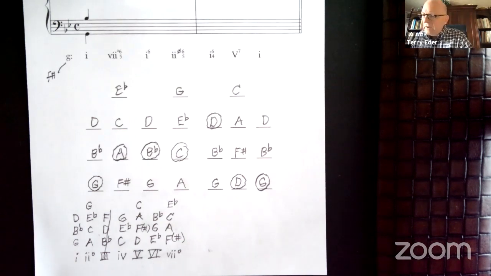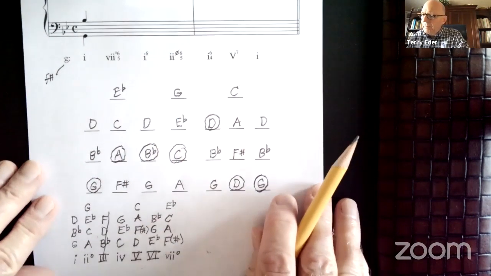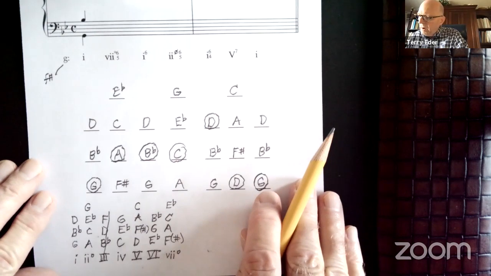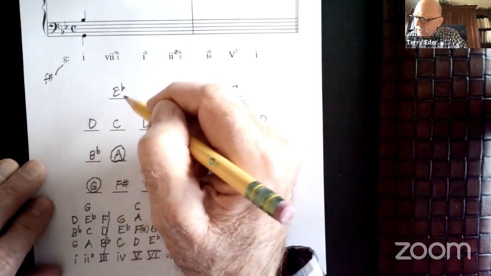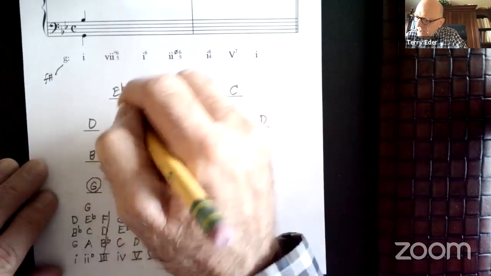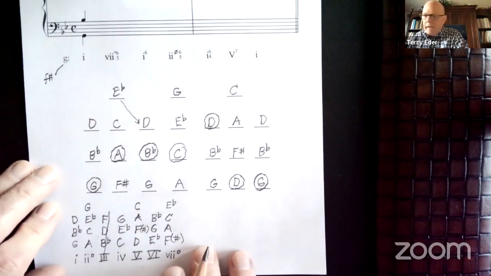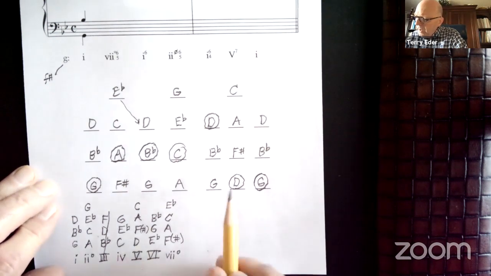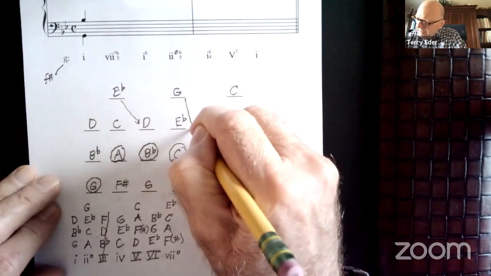The chordal sevenths, these up here, have to resolve down by step in the next chord or hold until they can resolve. So can E flat resolve to D? Yes. So we would draw an arrow right there. Okay. And then G. G needs to resolve down in the next chord to F sharp. Uh-oh, there's no F sharp in the next chord. So what has to happen is that G is going to have to stay